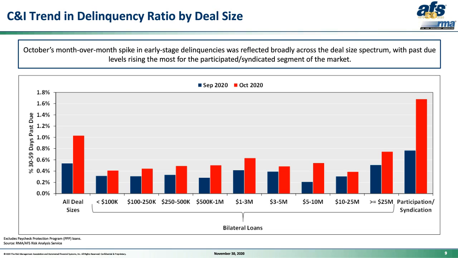It's also interesting to note that the delinquency level tends to increase with loan size. And this is directly opposite of what we have historically experienced, and appears to be the result of deferrals and stimulus money for the lower end of the market. And now that those programs are ending, I wonder if we'll go back to the higher delinquencies for smaller loans. This is something we'll keep an eye on.